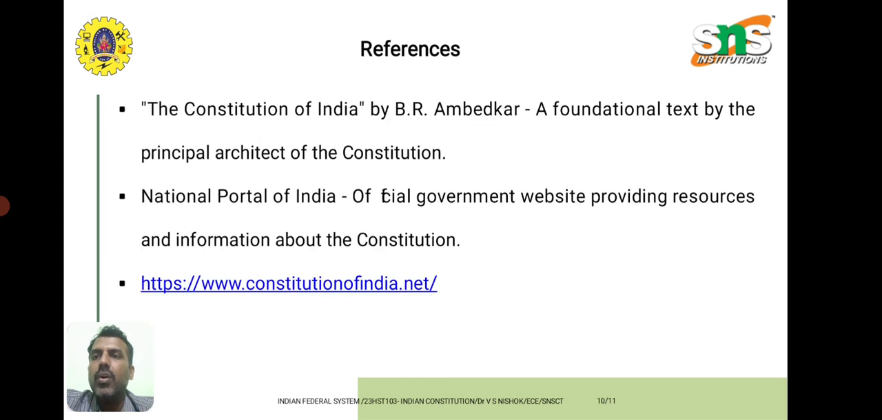For more reference about this topic, we can refer to the book Constitution of India by B.R. Ambedkar, a foundational text by the principal architect of the Constitution, and the National Portal of India, the official government website. This website provides resources and information about the Constitution. And another website is